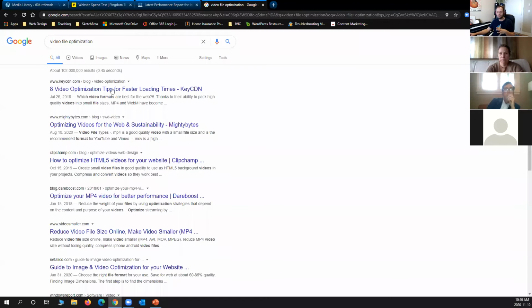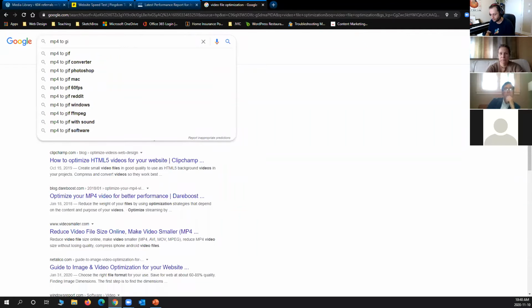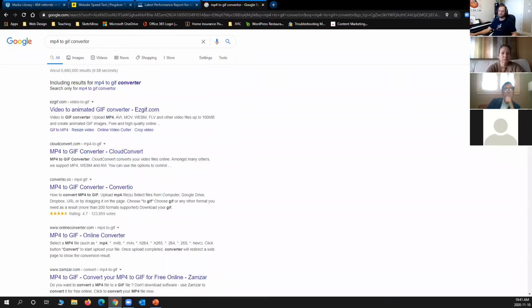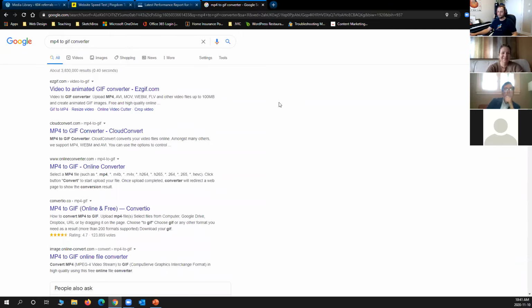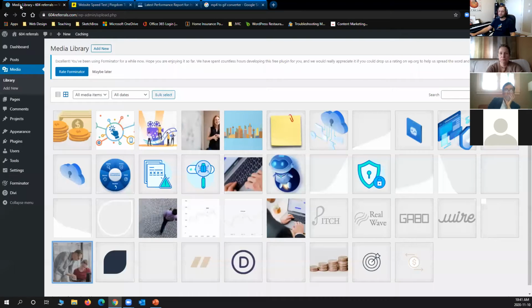There are a lot of tools you can use online here. For example, MP4 to GIF converter. Anyway, here, video to animated GIF converter. Trim your video, especially if it's a video that is going to loop. Then why would you want to post a video? It's freaking large. Go and make it a GIF that loops and upload it there. Done. If you have to have a video as your background, I suggest you do one last thing.